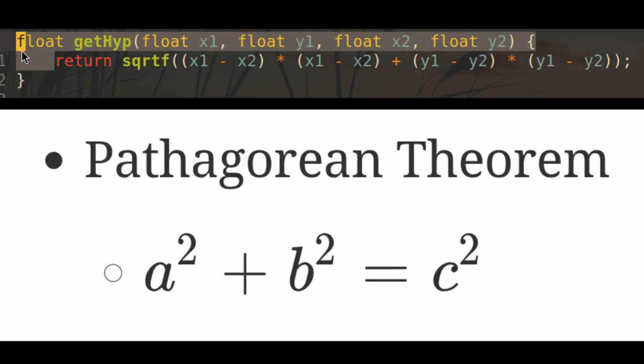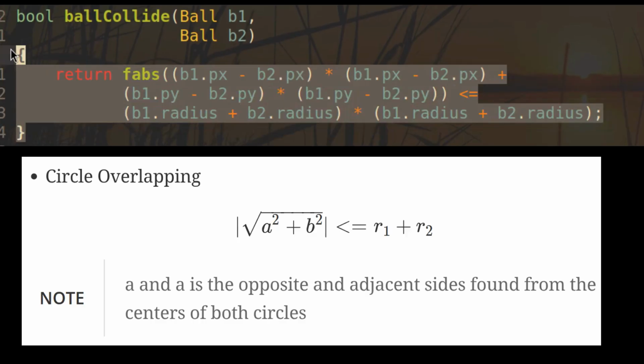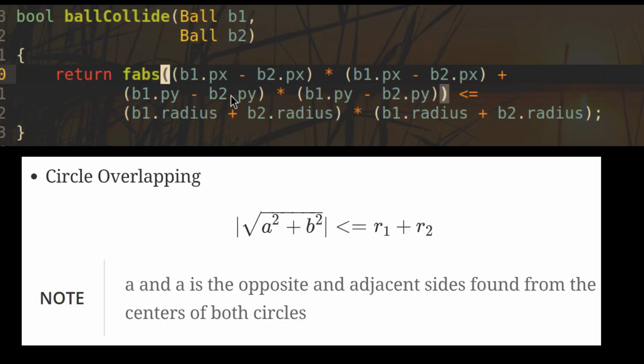We have a function for getting the hypotenuse. A squared plus b squared, the square root of a squared plus b squared gets us our hypotenuse. Then we have ball collide. And you'll notice this is the circle collision or circle overlapping formula I showed before. You'll notice it's a little different